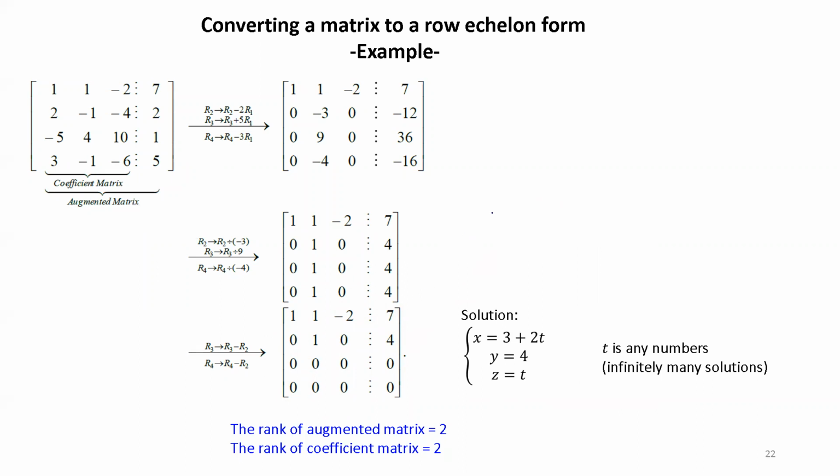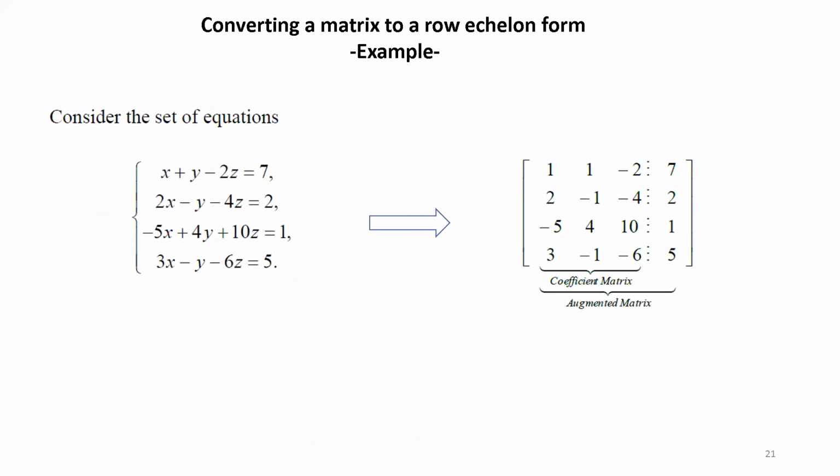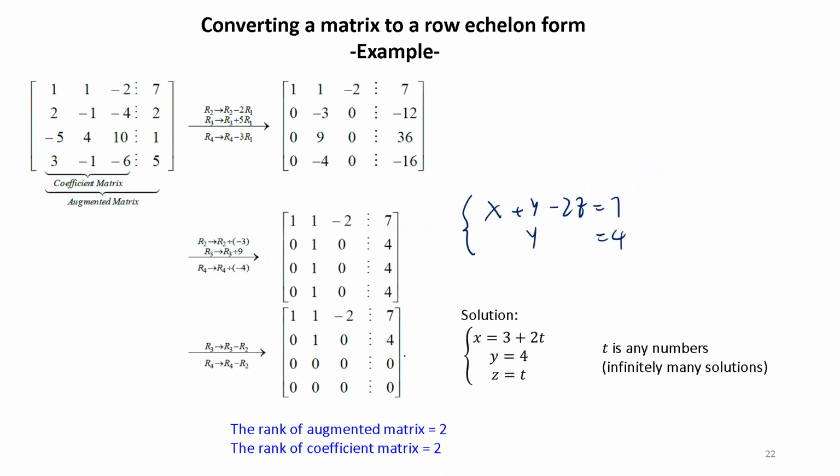So here you basically have x plus y minus 2z equals 7. And then the second one is y equals 4. That's it. So from the beginning, where we have 4 equations, after all the eliminations,